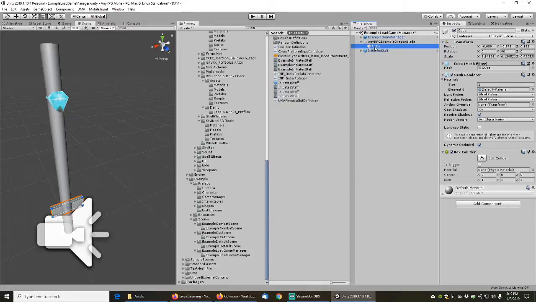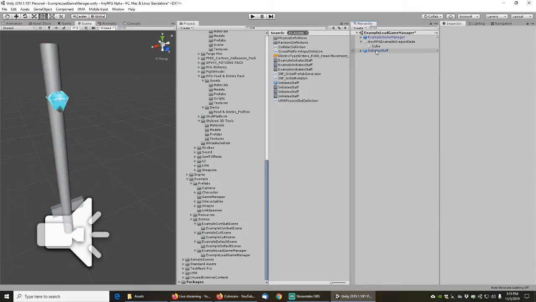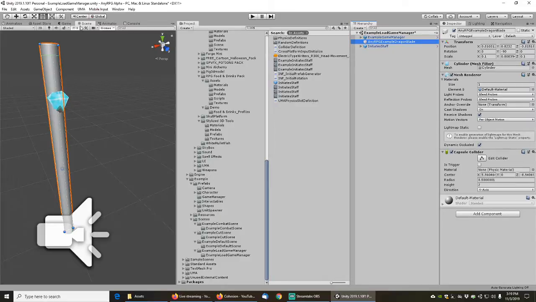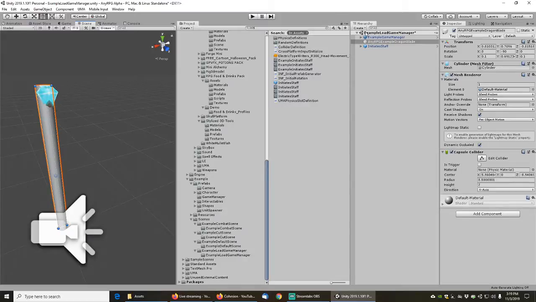Now, you know what, I still want something with a cube on it. Actually, none of my other weapons need a cube anymore, I don't think. So we can just get rid of that cube, and then let's just shrink this to make it about the same size as this initiate's staff here. Yeah, it's about the same size, so that looks good. We will rename this AnyRPG Example Initiates Staff